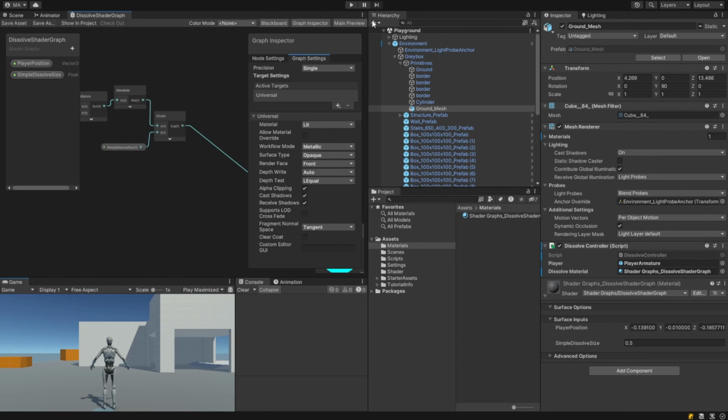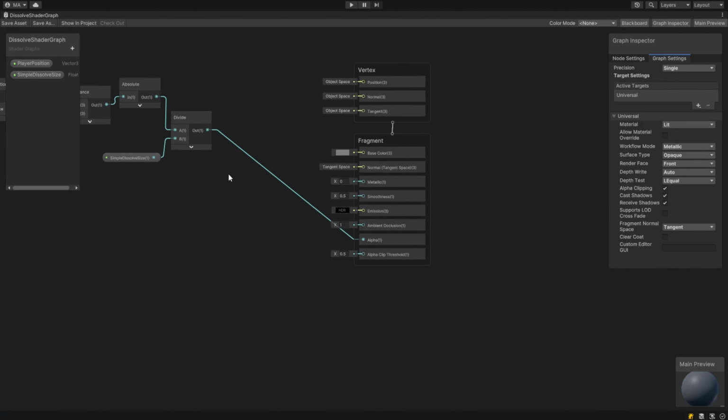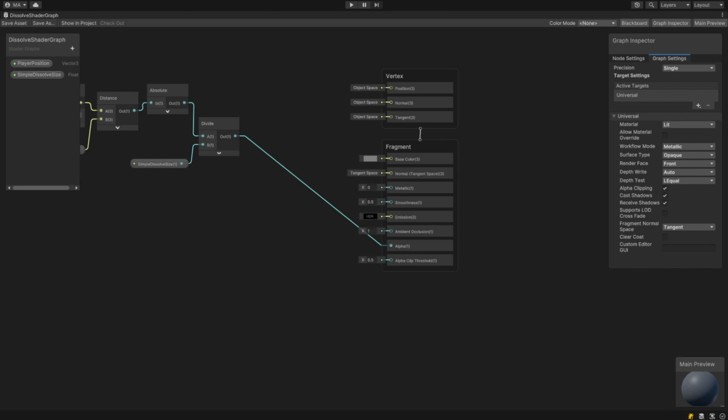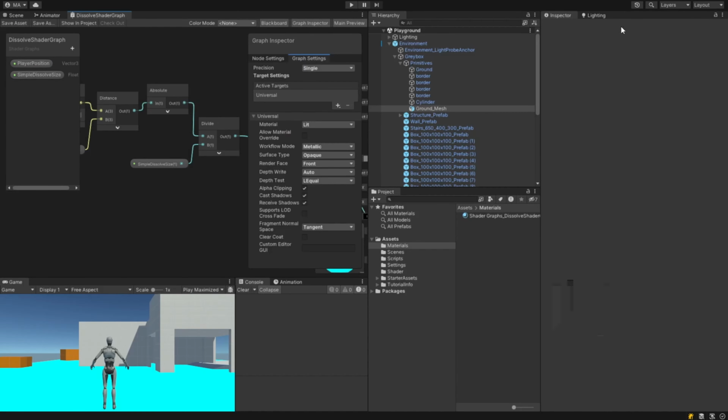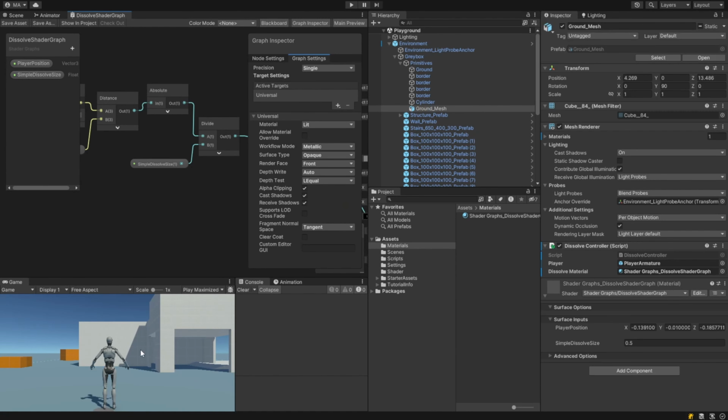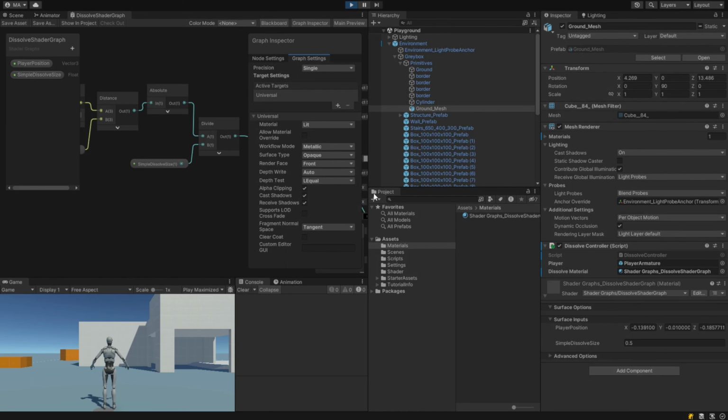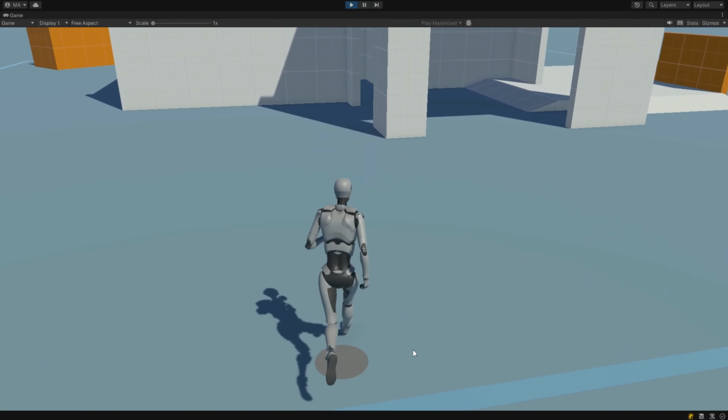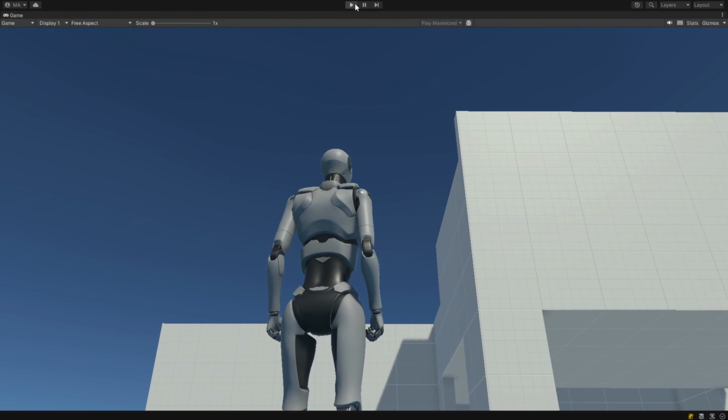So I'm going back to the shader graph, and before plugging in everything to the alpha, I will grab the output of the divide, create a 1 minus node, and the output of the 1 minus I will set to the alpha. Save the asset. That should basically invert my effect. As you can see here, there was already something going on. If I start now, it's actually working, following our player and making everything